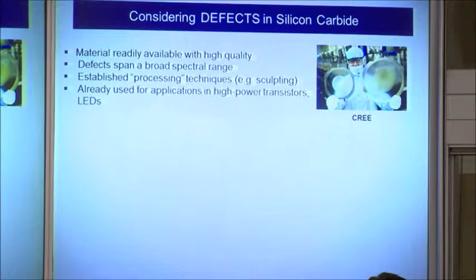So let's look at silicon carbide. And in general, as a general introduction, it's a material compared to diamond that is readily available in high quality. These are silicon carbide wafers that are manufactured by Cree. And the impetus for the development of silicon carbide as a material has been high power transistors, even LEDs,